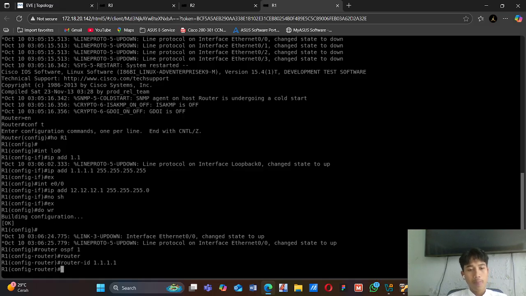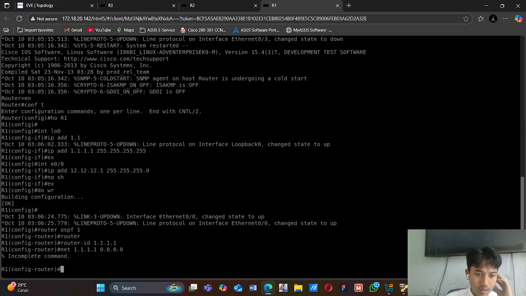Okay, so if we have already added the router ID, we can advertise the networks in the first router. I will advertise the loopback in here. This is the same as EIGRP, using a wildcard mask. After we advertise the network in OSPF, there is also something called an area.